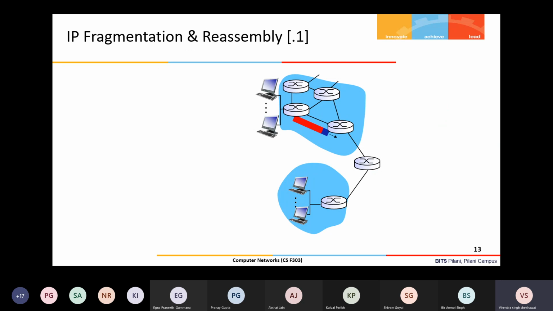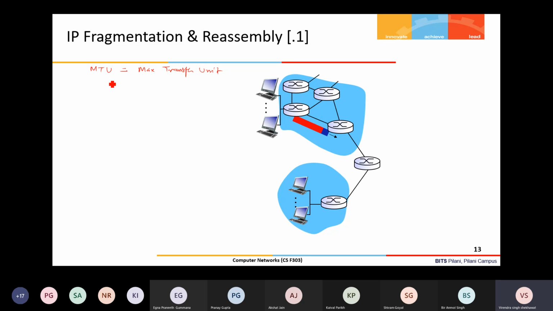See this scenario. If you remember, I mentioned one more thing, that every link has its MTU. MTU stands for maximum transfer unit. Each link has this. It is the maximum size of the packet, or you can say frame basically, or the maximum payload at a link layer that can be received in a single packet, right?